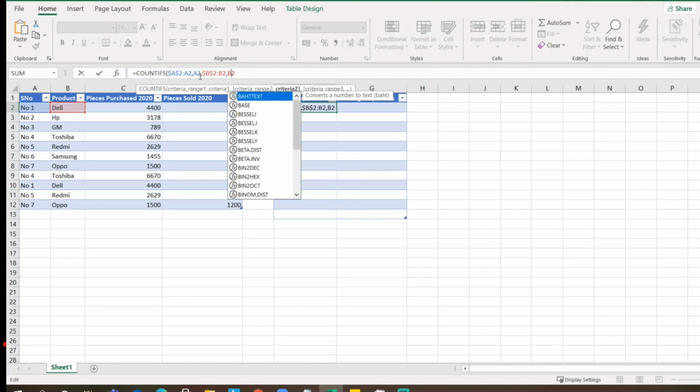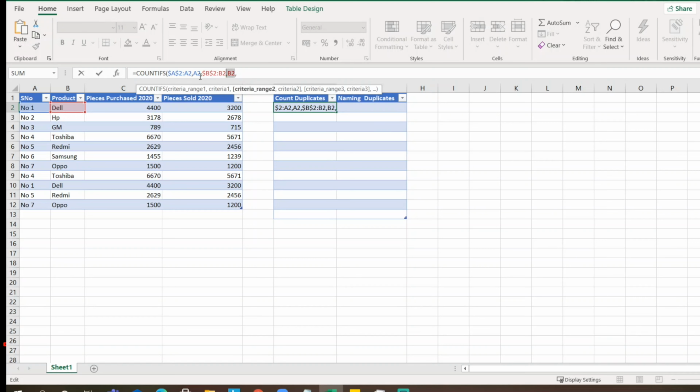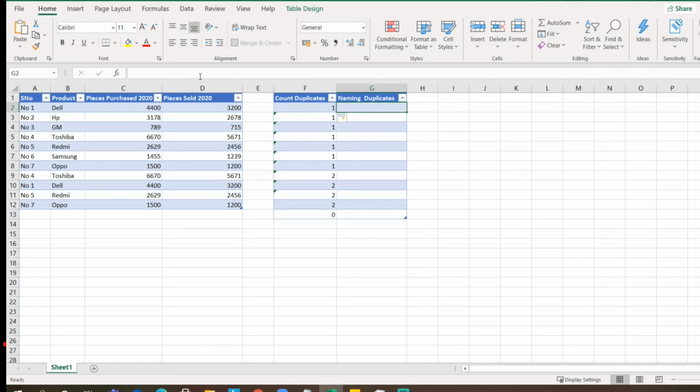Then we need the C column also, so that we can find the duplicates in the entire table. Then we compare with D also, with absolute reference. Let me close the bracket.